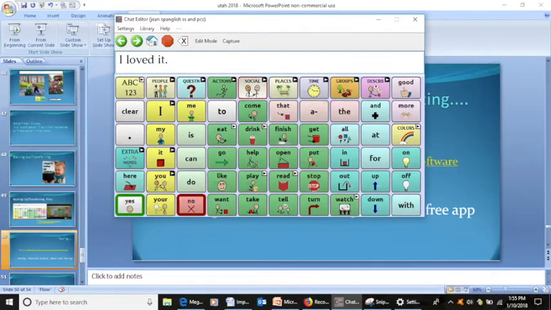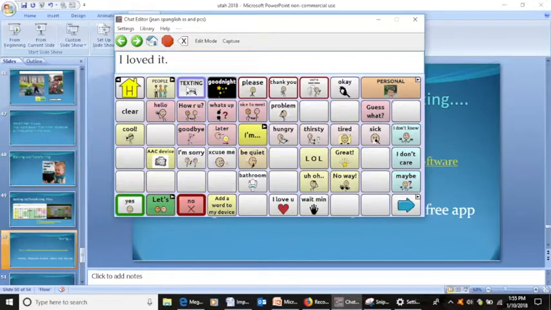So it's under social, and there's a texting page. Of course, because it doesn't really work on Chat Editor, I can't really show you because it's not there. Again, maybe you can kind of see this. So what you'll see when you first do it is just a blank page like this when you go to texting. You need to have a Samsung device